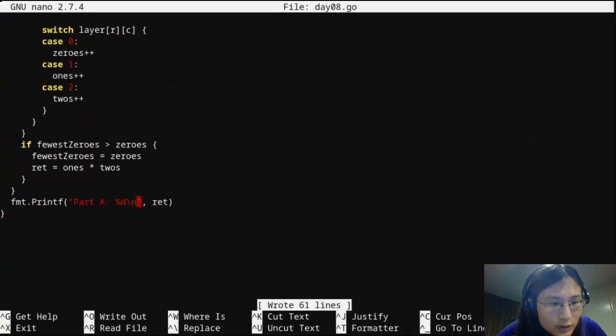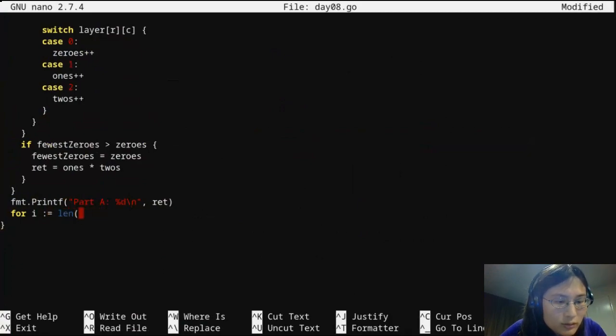All right. So now rows. Okay. For C 0, C is less than cols, C++.